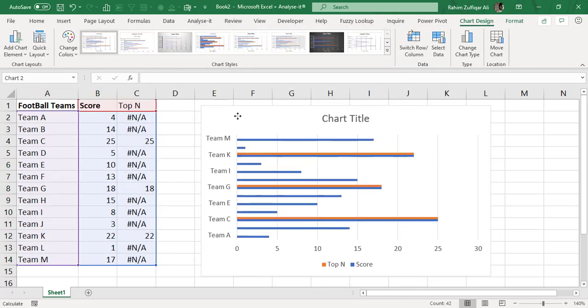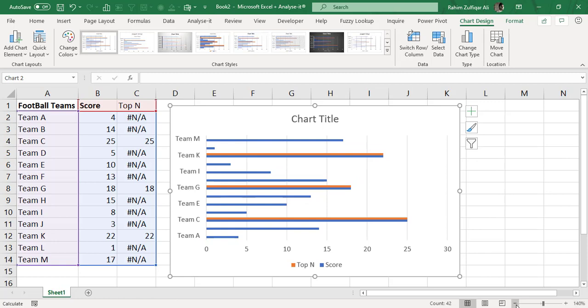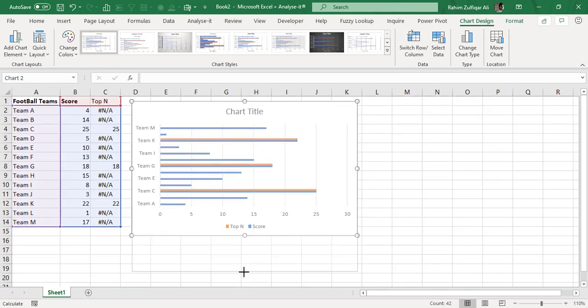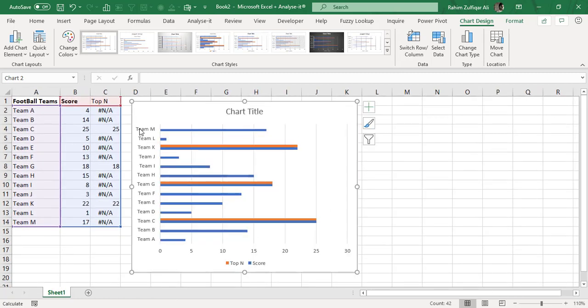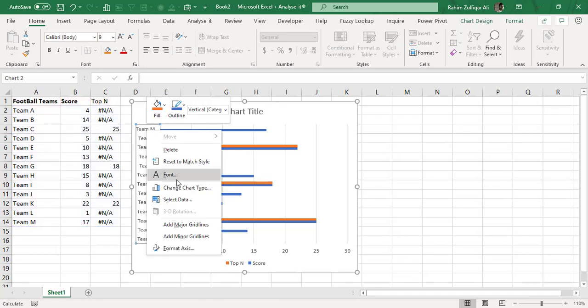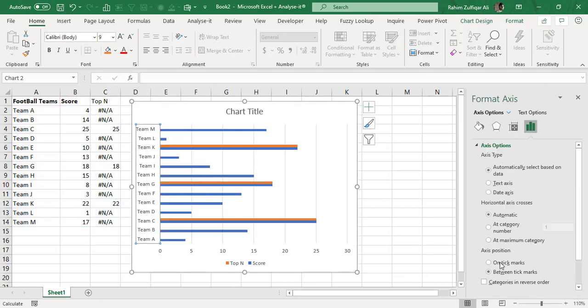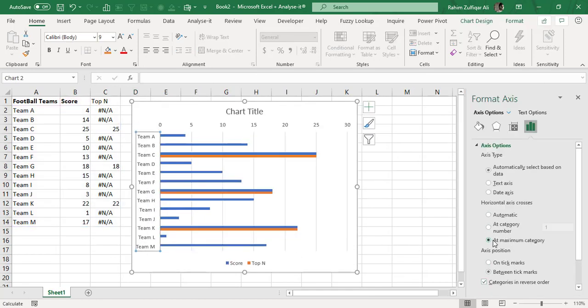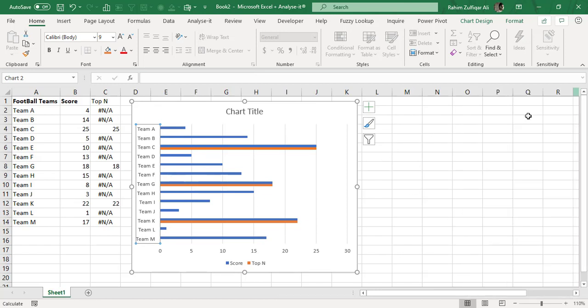Now here in the bar chart, as we can see, we have an issue which we highlighted before, that in bar charts you have to revise and reverse the vertical axis. For that, right click, Format Axis, Categories in Reverse Order, At Maximum Category.